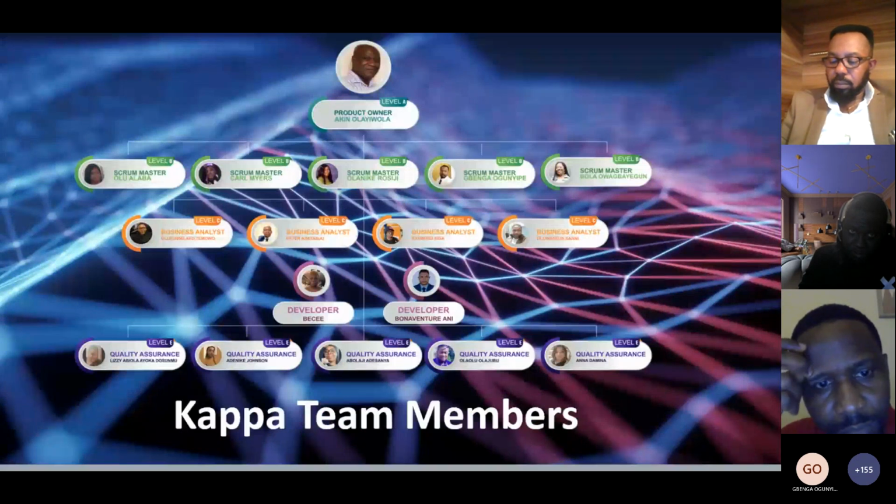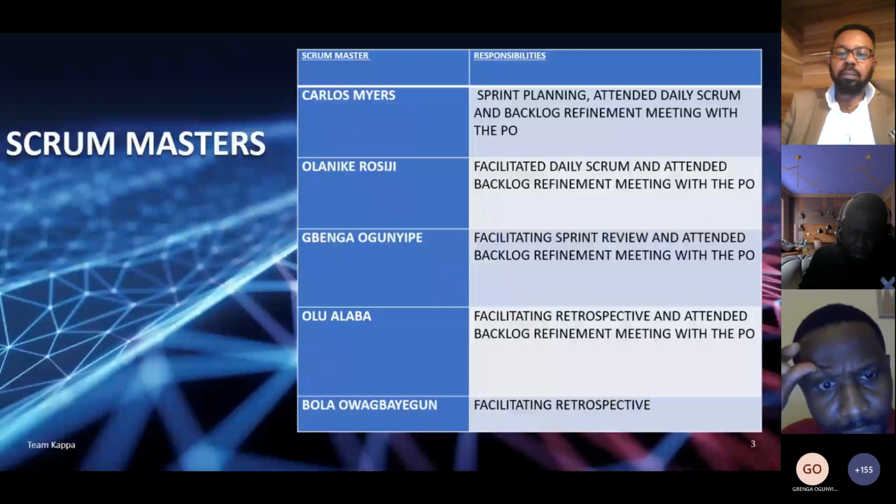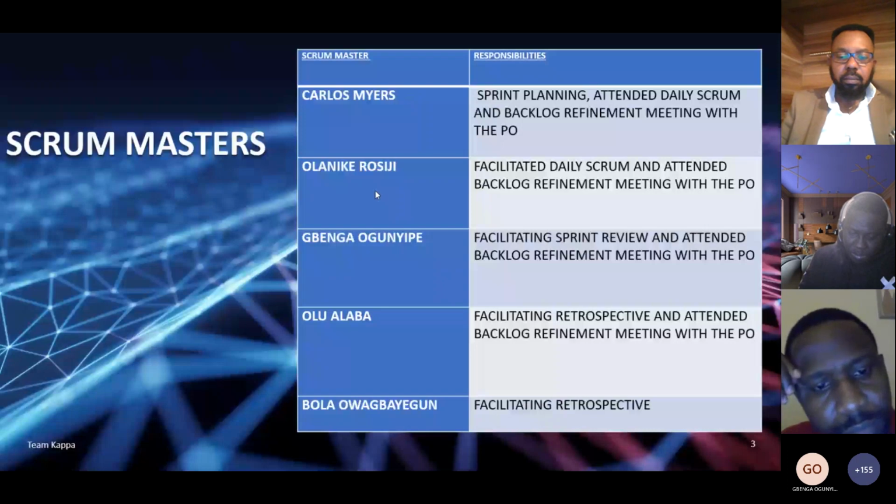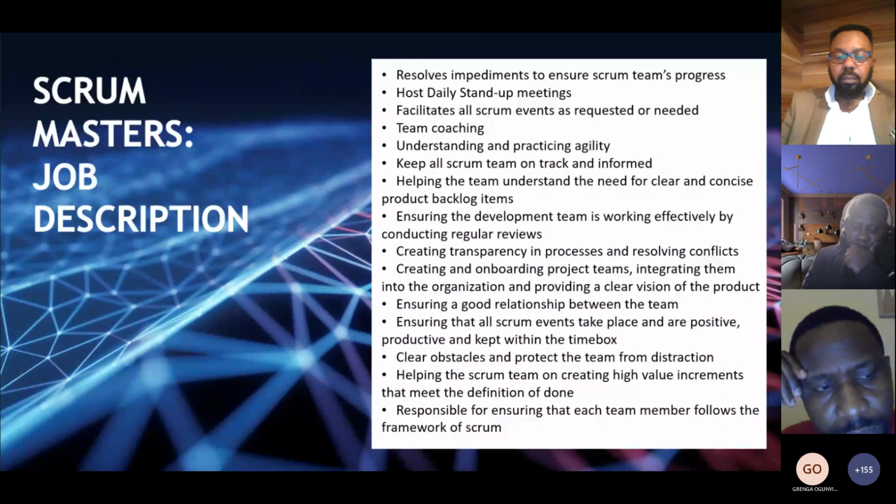We have 4 BAs, 2 developers, and 5 QAs. Here we have the Scrum Masters and their responsibilities during the last 2-week sprint. We have 5 Scrum Masters: Carlos Myers, Olani Kerosiji, Gbenga Ogunbiyi, which is me, Oluwalaba, and Bola Owagbai. These are the Scrum Masters' job description.